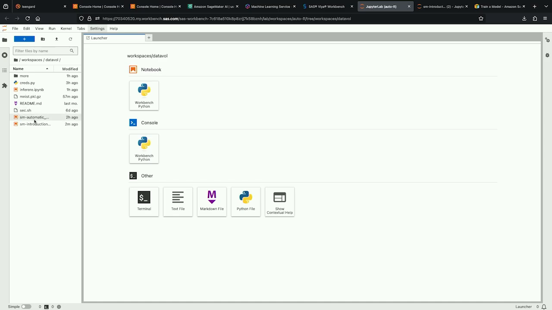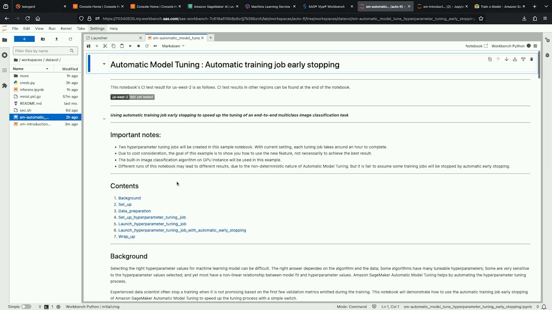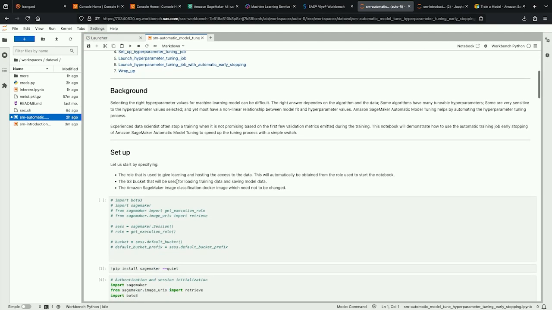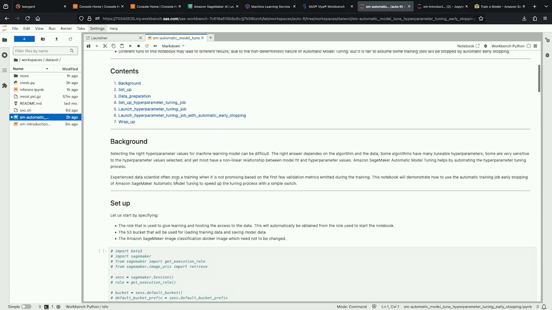And then you have a notebook, and this is all you need to interact with SageMaker. You stay within your SAS environment. You do not have to leave your environment. Everything is going to be API based. So every inference that you do is going to be API based.